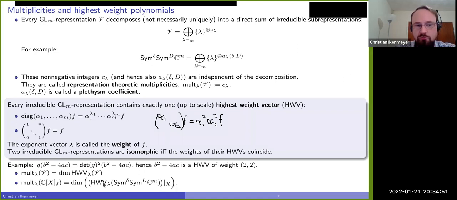So this is a linear algebra question, right? Using these two definitions, this is a problem in linear algebra. You just need to understand what the highest weight vectors of weight lambda are in this set. And when you know those, you can just restrict them. You can evaluate them at a lot of points in X and see what the dimension of that space is. If you do this symbolically, it's even a proof. So this is extremely hands-on. You could implement this now, and it should not be an issue.